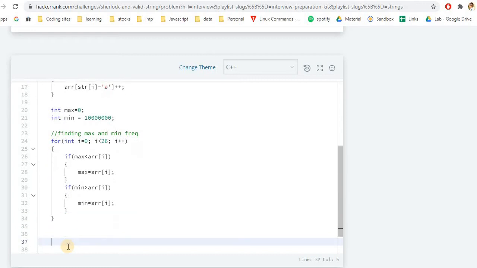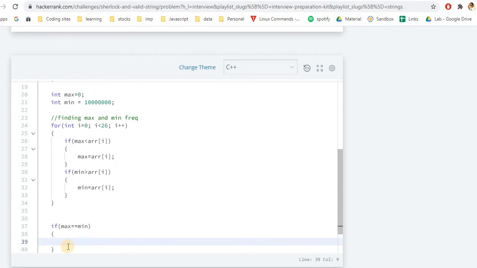After this, we want to do a simple check. If my maximum frequency is equal to minimum frequency, then it is solved, because this will mean that everything has a similar frequency. We missed a case here because we don't want a 0.